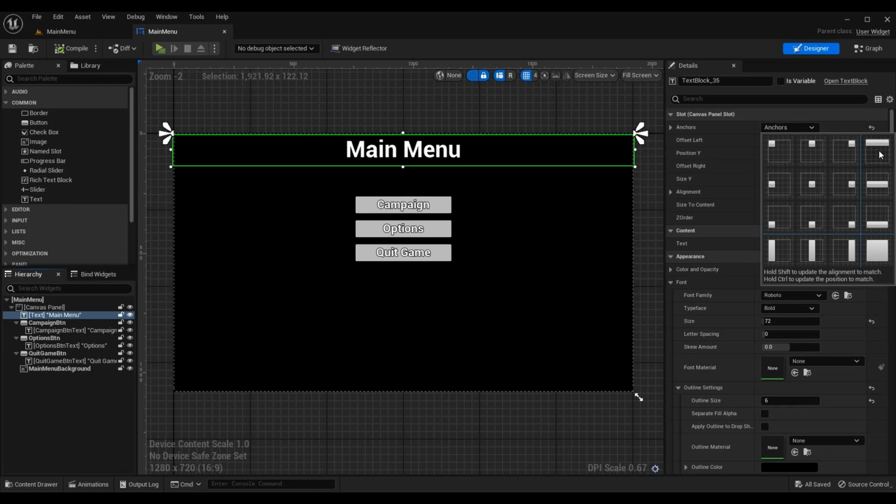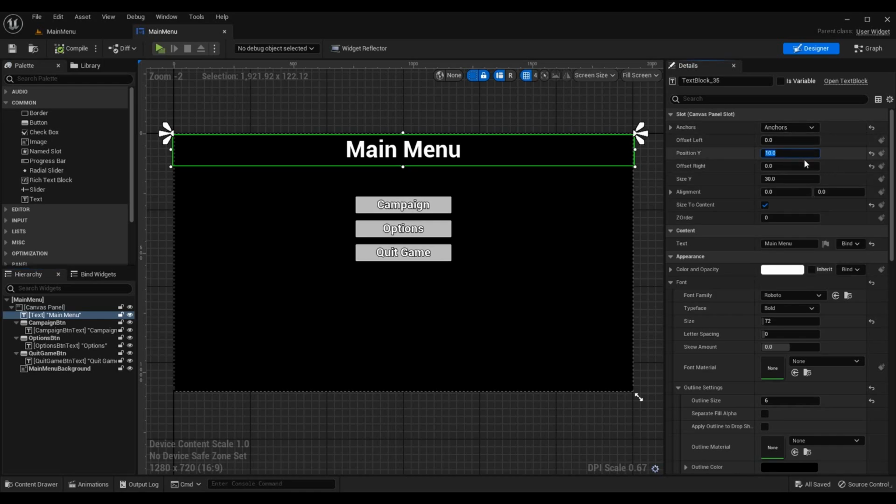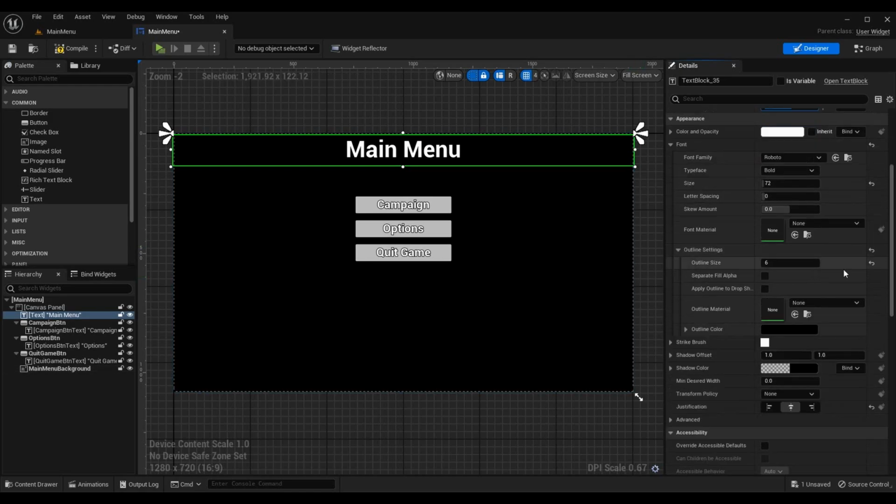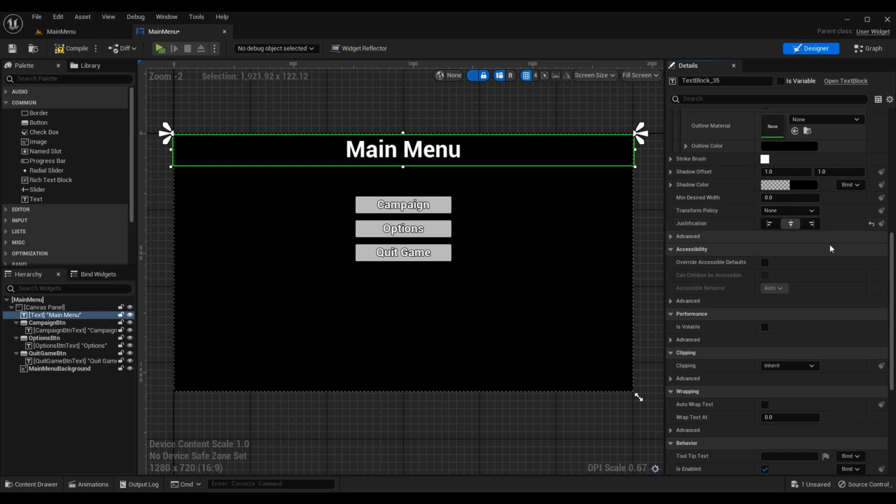I have it anchored to the entire top. This means it will take up the horizontal distance of this widget and be placed at the top of it. Then I positioned it down 10 units just so it wasn't at the very top because I thought it looked a little bit better that way. Set my size to be 30. You could set a manual size here. I'm allowing it to size to the text that we give it, so I didn't have to change this, and I didn't change my alignment. I checked size to content just so that the box would adjust with the size of the text. For the actual text, I just wrote main menu, and then you can see my font settings, outline settings, justification is centered,